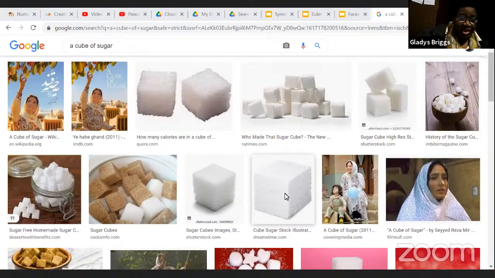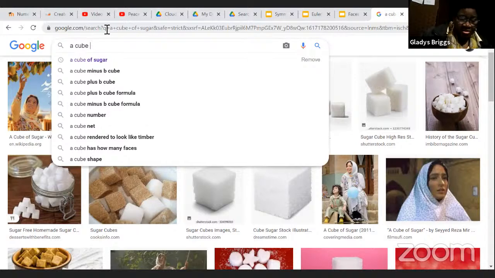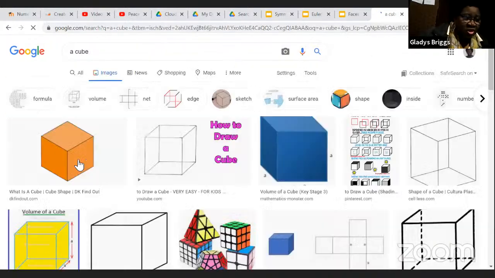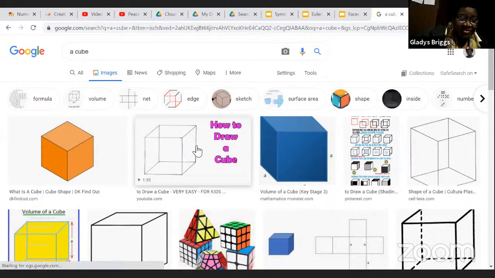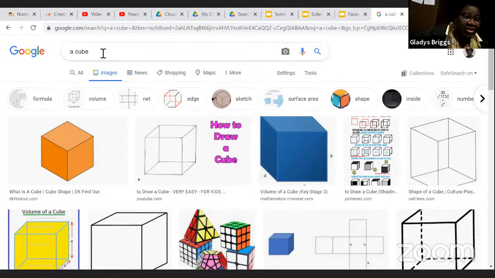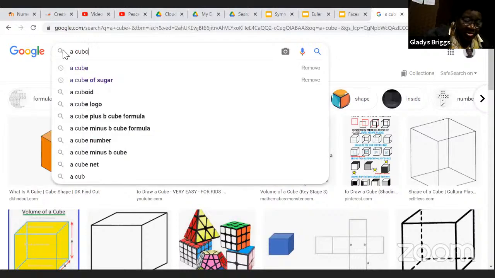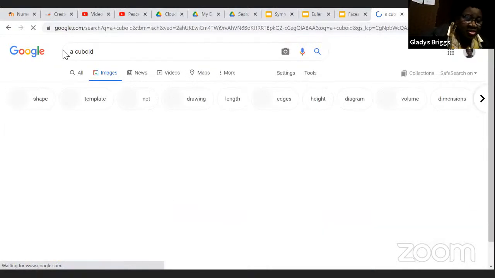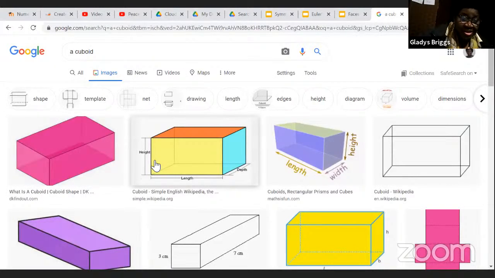Okay, so you've seen a cube, okay? You know what a cube looks like? That's a cube. You can make a sketch of it. You know what a cuboid looks like? A cube is a cuboid with all sides equal, yeah? And